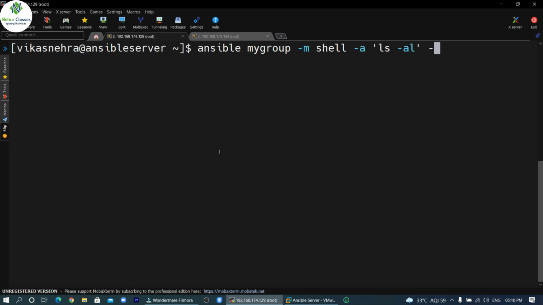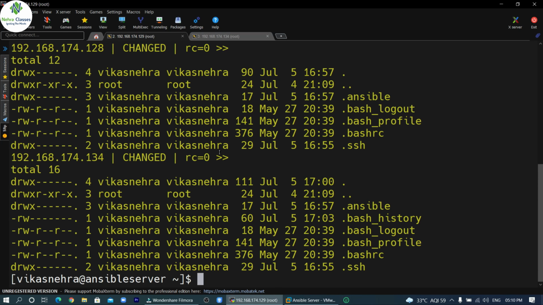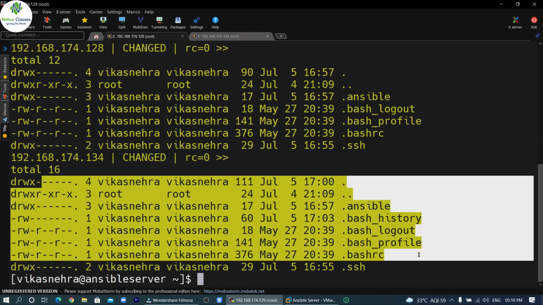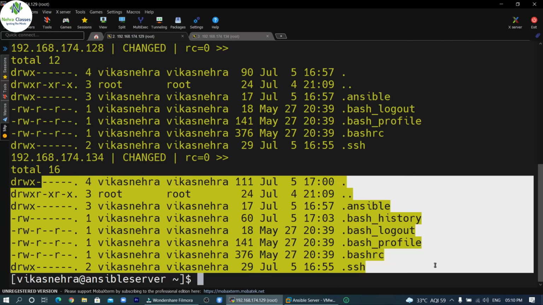So I will write there -u Vikas Nehra. So this command will list all the files which are there in the directory of Vikas Nehra user in different nodes, and you can see them here on the Ansible server. So the shell module can be used to run the Unix commands on the node machines.